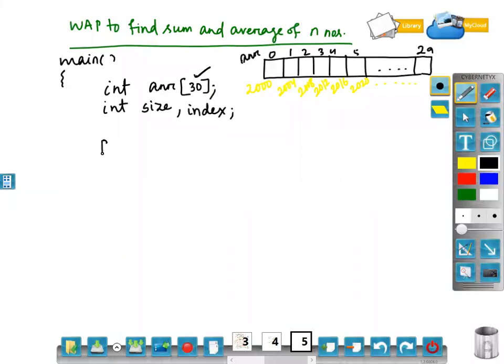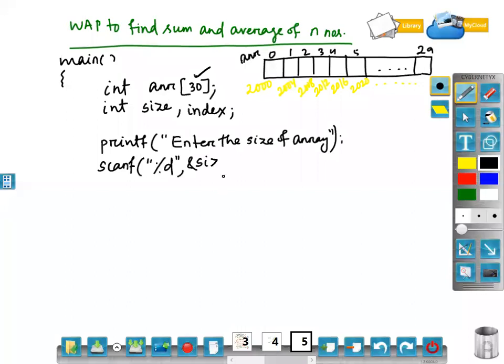So printf, I am asking the user first, enter the size of array. Scanf, percentage ampersand size. Done.